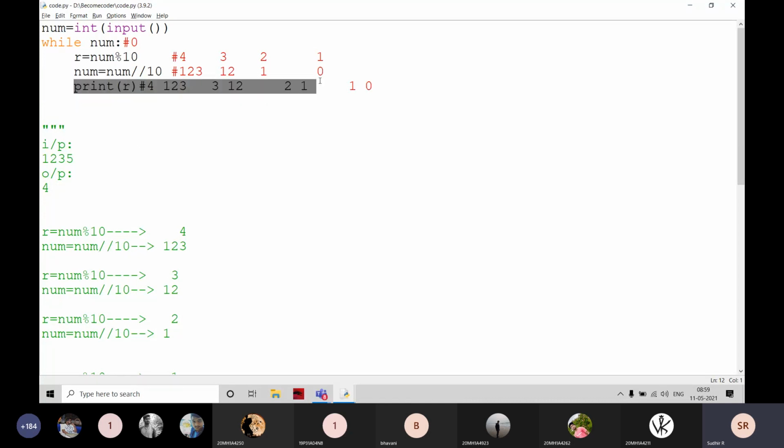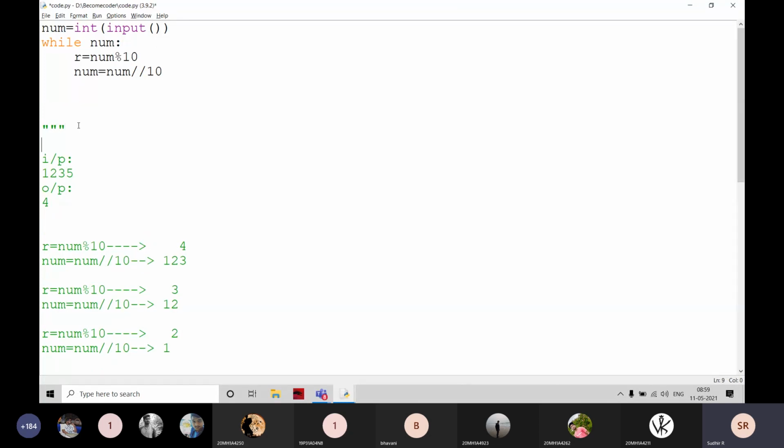Really, this is the base program for our program. There is no need to print R there. This is our base program. What I am going to find here is how many digits, the digit count of a number.